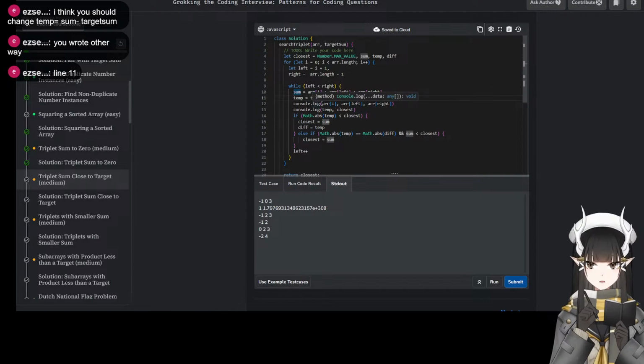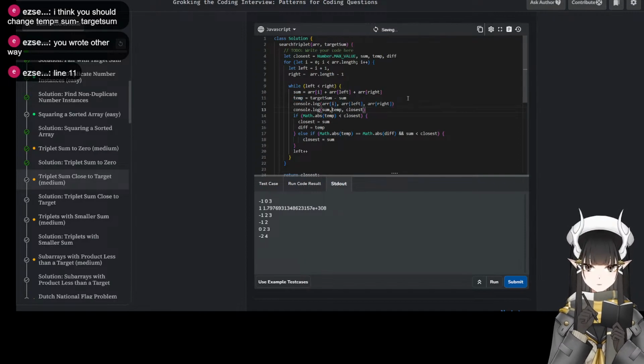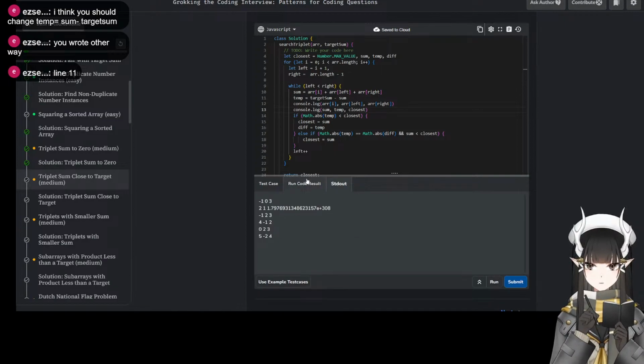Okay, so first thing we're looking at is these. Right. This one, the sum is negative. Wait, the sum is 2. The difference is 1. And then we compare this one with the closest.